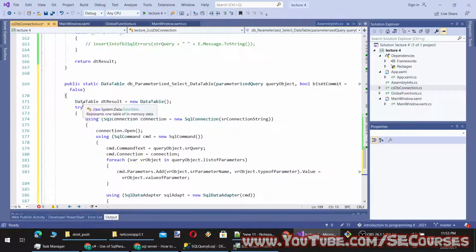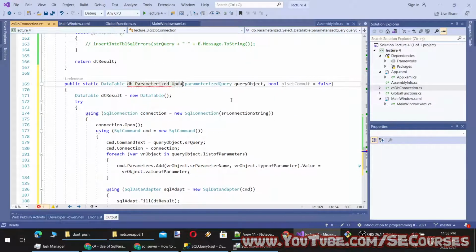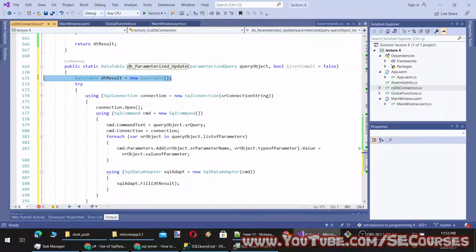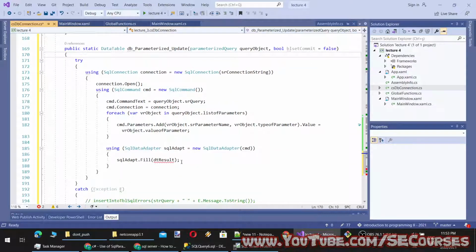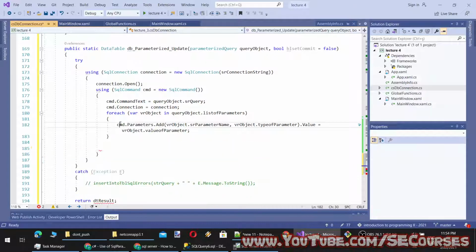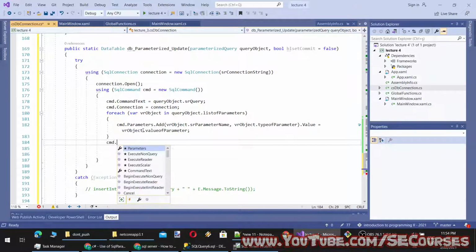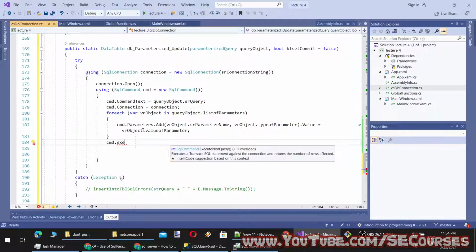Here I will use a parameterized update, and it will take the same object. This time we won't need a data table because we won't return anything. Here we will do execute non-query.